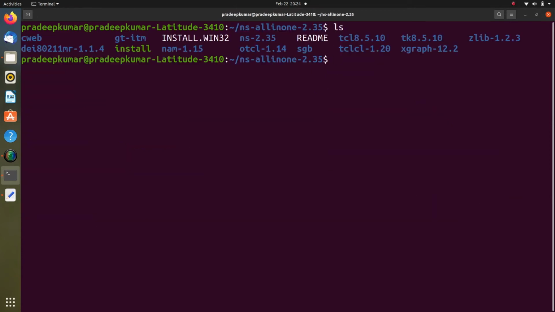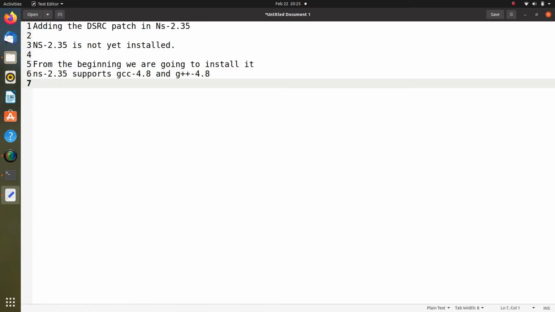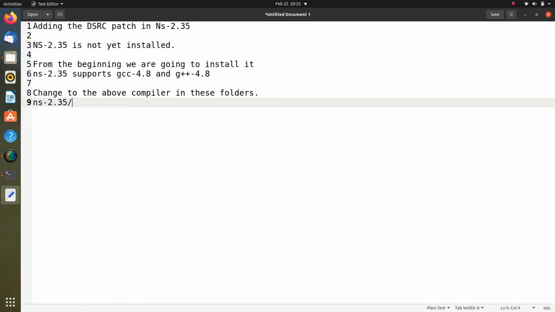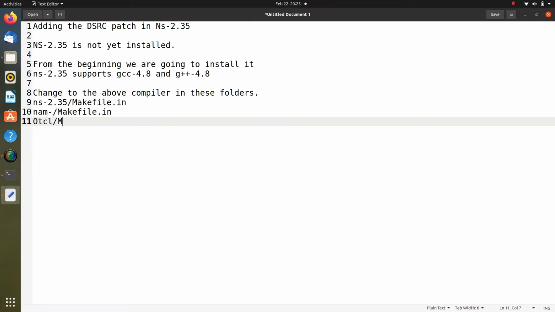Now we have to make multiple changes in the folder structure because NS 2.35 supports GCC version 4.8 and G++ version 4.8. So we need to change to the above compiler in these folders, namely ns-2.35 makefile.in, then nam/makefile.in, then otcl/makefile.in.